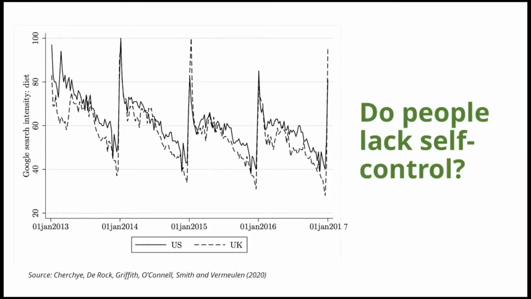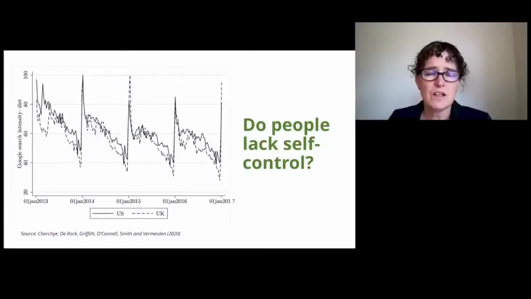This is a picture from a paper that I wrote with several Belgians and Martin O'Connell and Kate Smith, where we looked at variation in people's diets over time. And one of the interesting findings is that people's diet varies considerably over time. In fact, the variation within an individual over time is at least as big as the variation across individuals. And that has interesting implications for policy if we want to think about not trying to make me consume like you, but get me to be the best that I ever am.